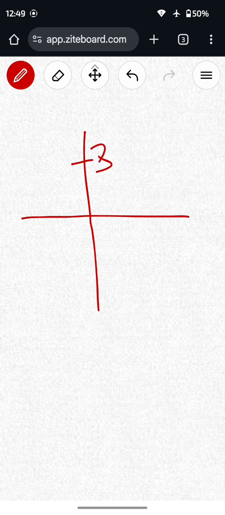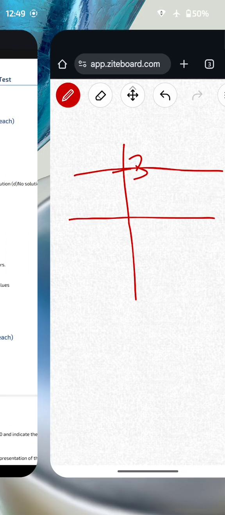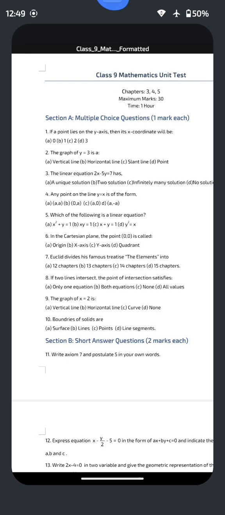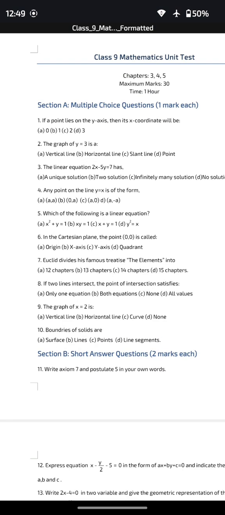as this is y-axis, this is x-axis. Suppose here is 3 unit, so y equal to 3 will be the line which is parallel to the x-axis. So y equal to 3 is a horizontal line. Now come to the next question. The linear equation 2x minus 5y is equal to 7 has option C, infinitely many solutions, because the linear equation